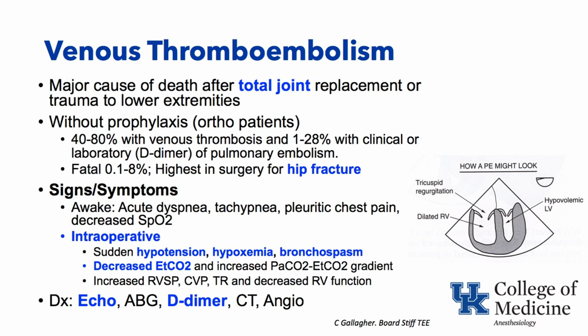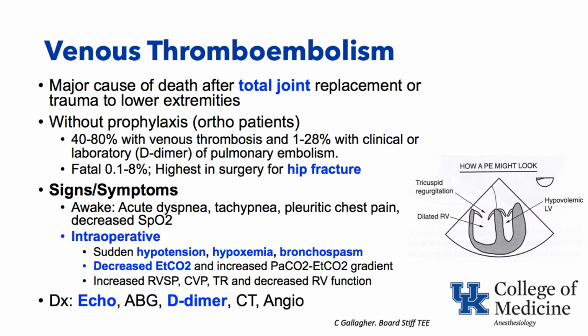One of the very classic ones is a decrease in end-tidal CO2, again because of dead space, that thromboembolism blocking alveolar capillary unit's blood flow to it with continued ventilation to the unit. And for example, your arterial CO2 might go up to 50 while your end-tidal CO2 is down at 20,